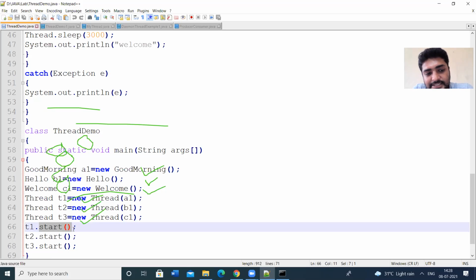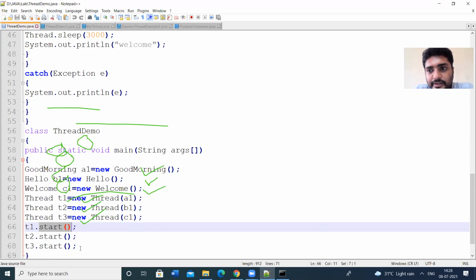Why? Because the start method is defined in the thread class. That's why we are creating the objects of the thread class, T1, T2, T3, and again passing A1, B1, C1 to the constructor: A1 for good morning, B1 for hello, C1 for welcome. So we can start the methods by using T1.start, T2.start, T3.start.